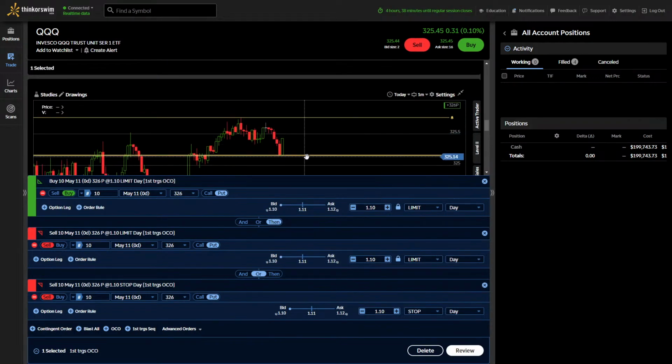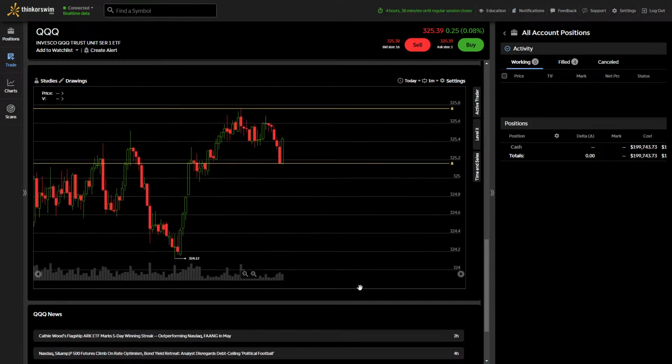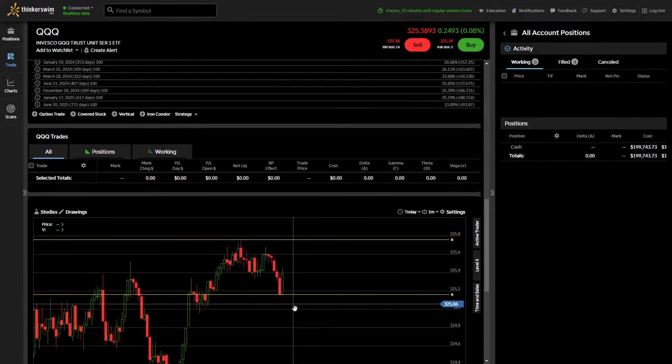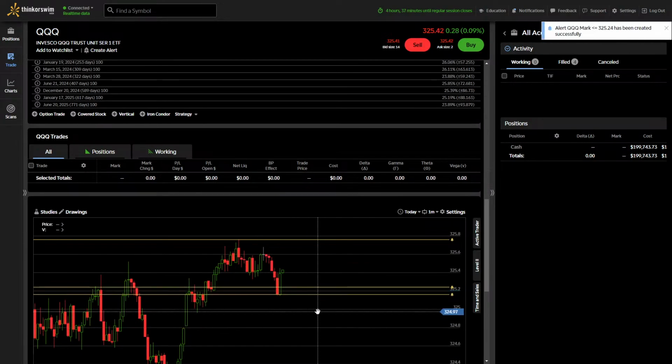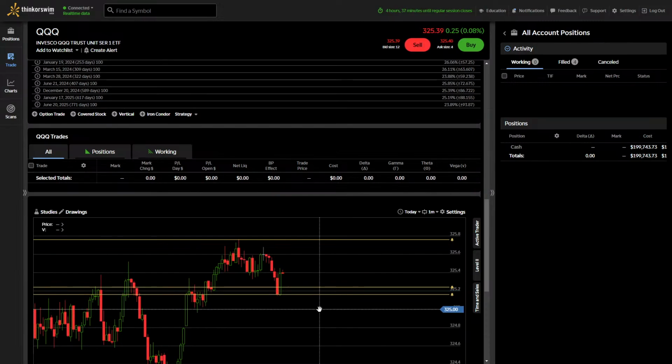325.37. Wow. I don't think I want to buy puts. It seems like it's too good to be true, though. I mean, I don't know. This is why day trading 0 DTE options are pretty tough. That's why I prefer to